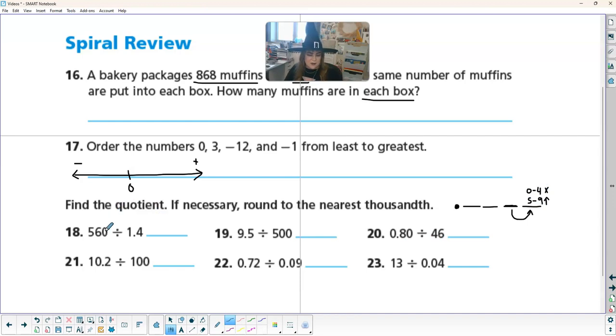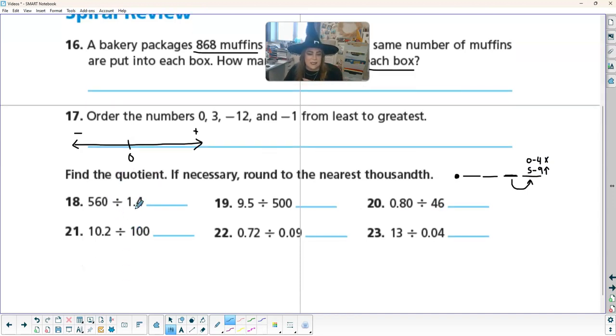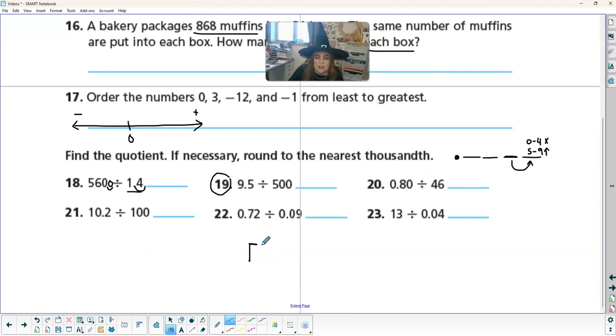Or this one makes it just stay the same, and then we get rid of the last number. So 560 divided by 1.4. Remember, the decimal is in the second part. In the divisor, we need to move the decimal. This one, it's not in the divisor, so this one just goes straight up. And then you're going to have to add some zeros. So I'll help you do this one, and I'll let you try the other ones if you choose to do those problems. So this one says 9.5,